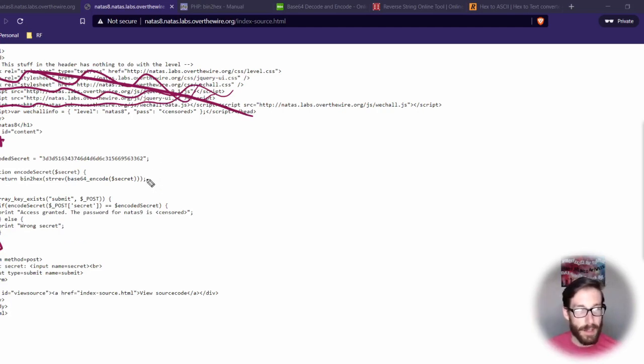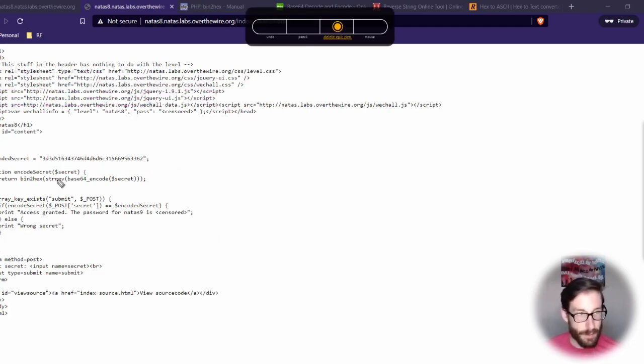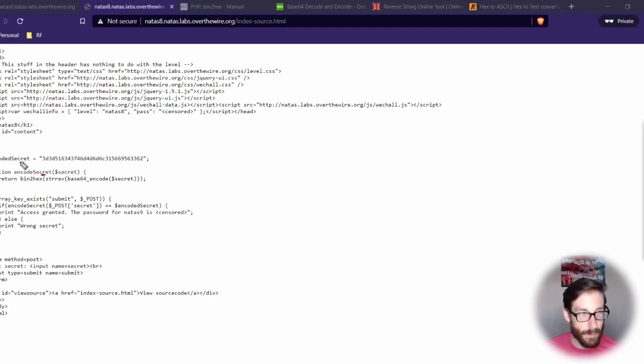And here, as usual, I would jump right down to here and skip the thing that actually matters. But luckily, I didn't skip it too quickly this time. I actually read the entire thing, learning from my previous experience. And in here, you can see that we have a specific variable called encoded secret that has a secret here. And right below that, you can see that there's some magic happening for that encoded secret. So we have a function here, right? And this function is taking a secret.